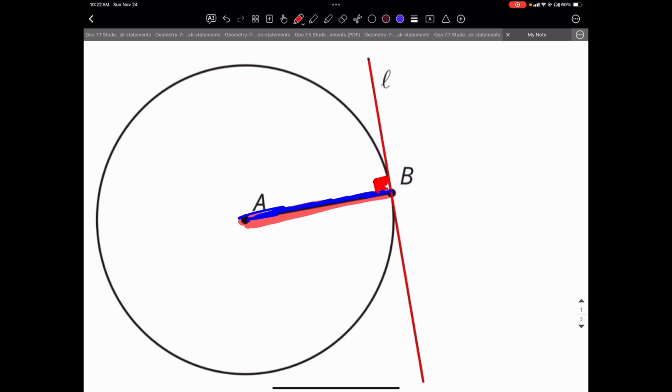So anytime you have a tangent line to the radius of a circle, it's going to form that 90-degree right angle. So this is that special relationship I was talking about. We're going to use this because it goes back to what we learned in Unit 5, which is dealing with